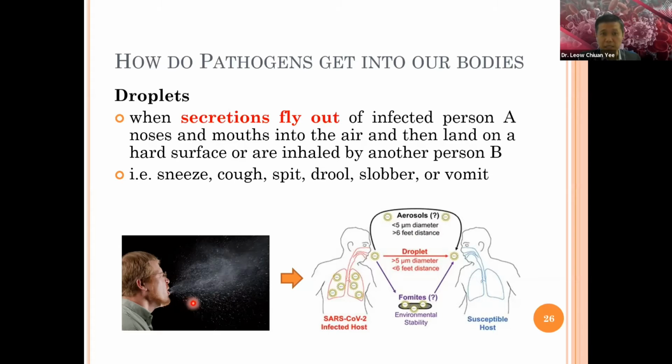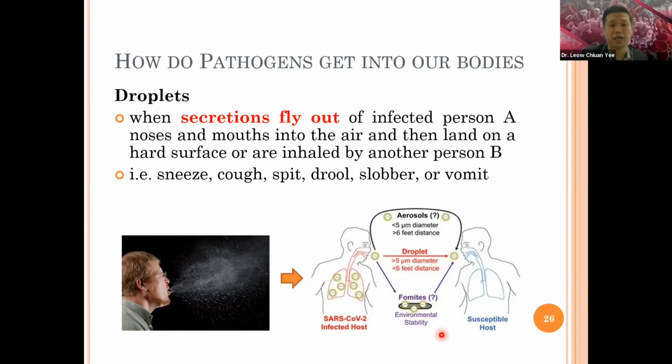Compared to the droplet, the size itself is more than 5 micrometers. It is less spread, but because the size itself is much bigger, it can fall onto surfaces and turn out to be one of the sources of contamination, because the evaporation rate is much slower compared to the aerosol. So this is the reason why, when you leave aerosols and droplets on surfaces like our mobile phones or whatever,